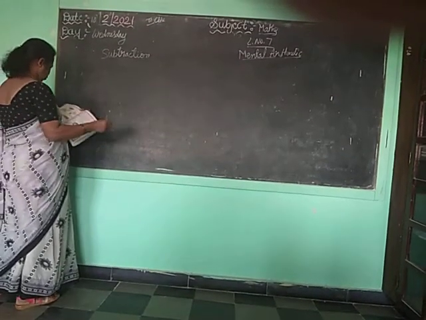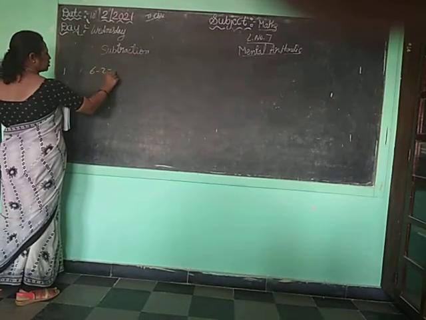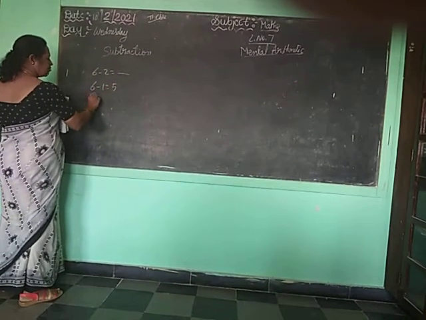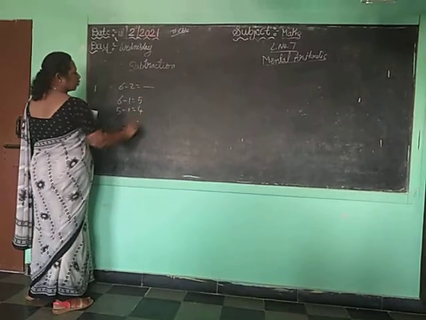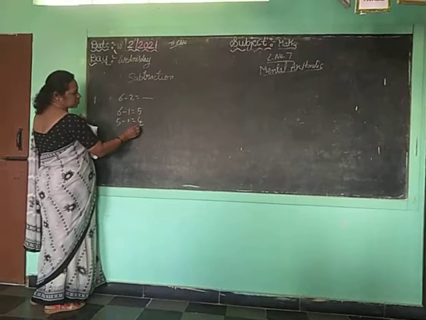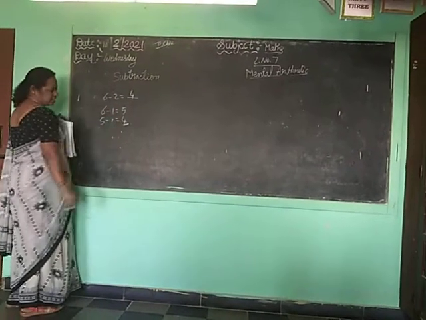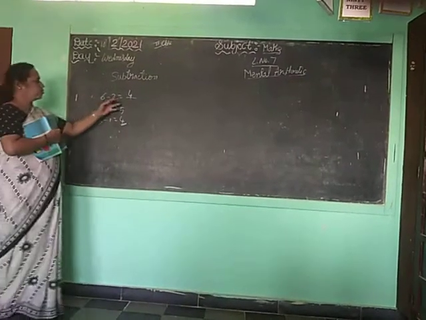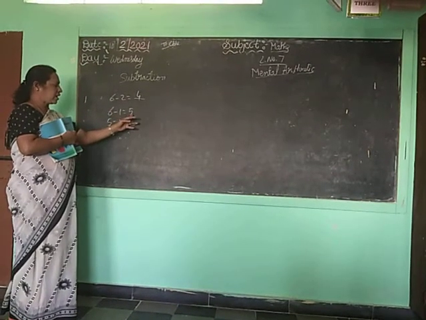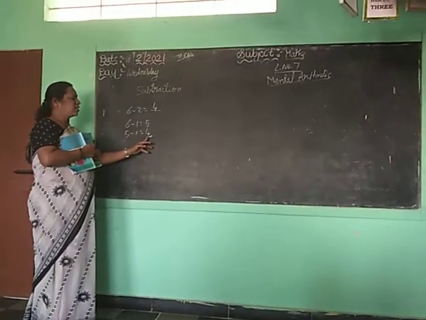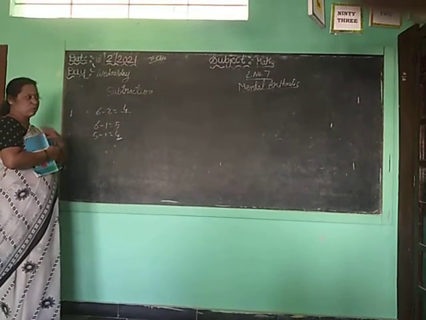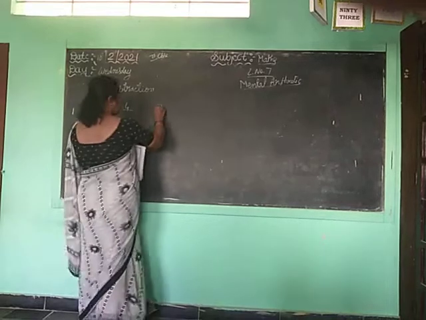See, 6 minus 2 is how much, children? 6 minus 1 is equal to 5. 5 minus 1 is equal to 4. So the answer is what? See, 1, 2. 6 minus 2 is how much? 4 is the answer. Okay. Two times: from 6 you minus 1, you get 5. From 5 you minus 1, you get 4, the answer, because they are asking only 2. 6 minus 2. Okay.